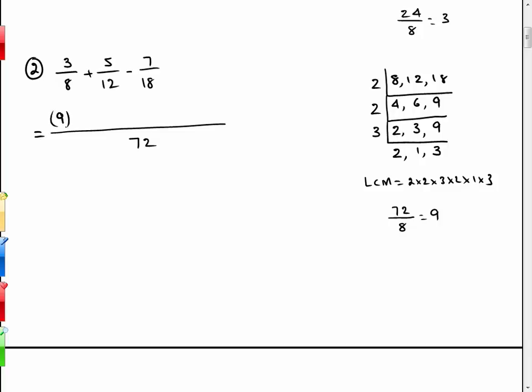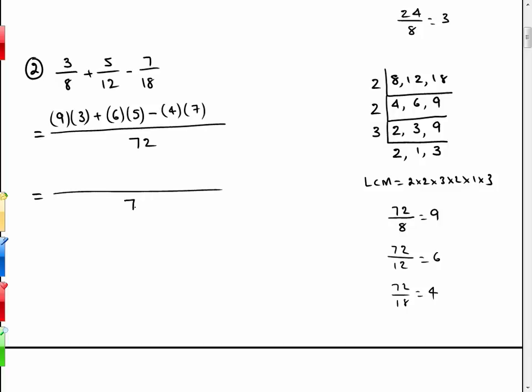So take that 9, the quotient, and multiply by the first numerator 3. There's an addition going on, so put a plus. Do the same thing with the second one, that is 72 over 12. And that happens to be 6. Take that 6 and multiply by the second numerator, which happens to be 5. And here the third fraction is being subtracted, so be sure to put a minus sign here to indicate subtraction. And 72 over 18 is 4. So take that 4 and multiply by 7 equals,